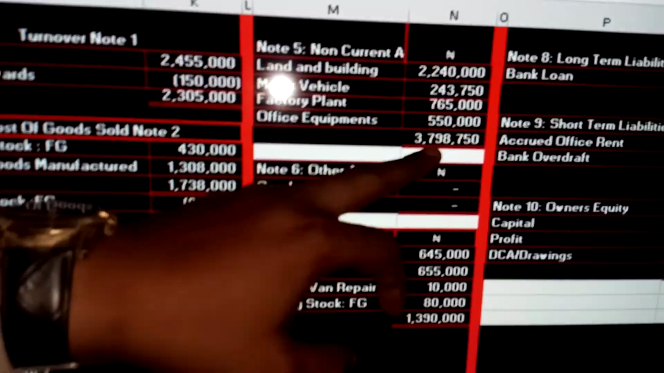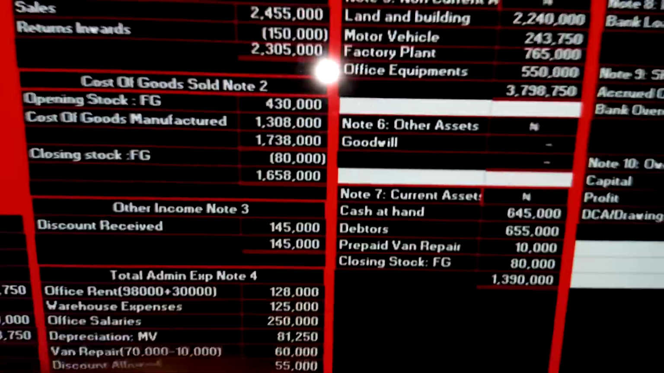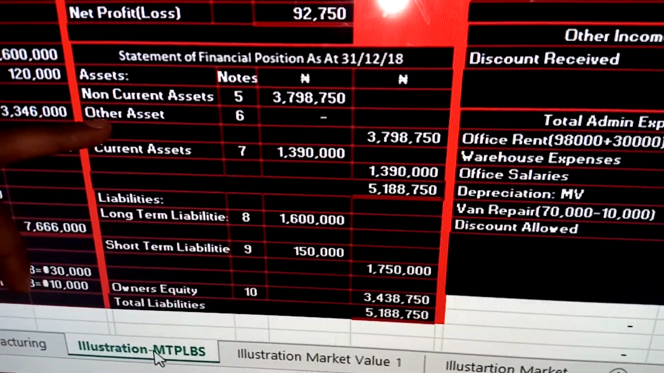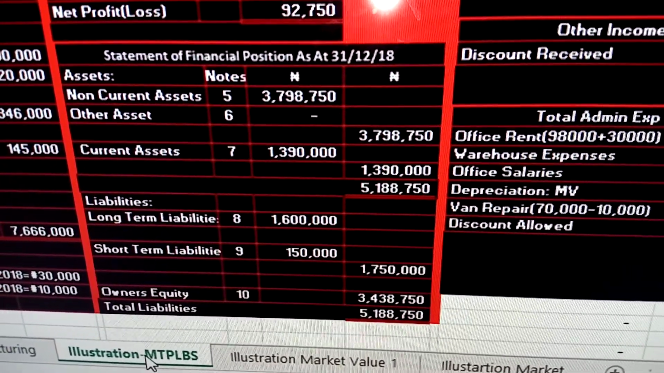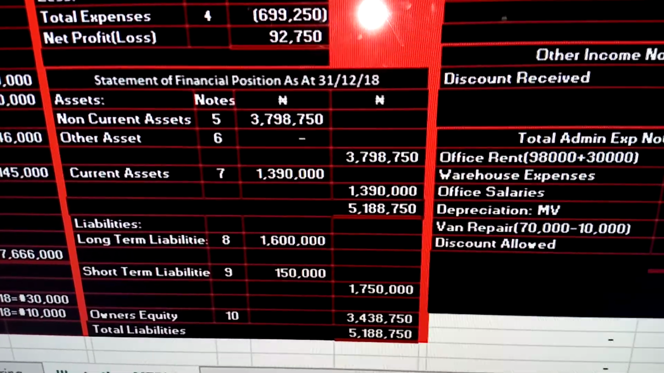550,000. So when you add all together, you have 3,798,750. Okay? This is what we brought here as your non-current asset. So we have other assets, but there's no other asset in the question. But if you had, just recognize it there. Goodwill, patent right, copyright, and other